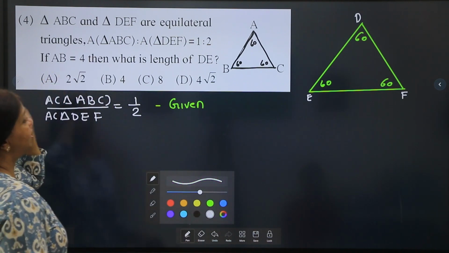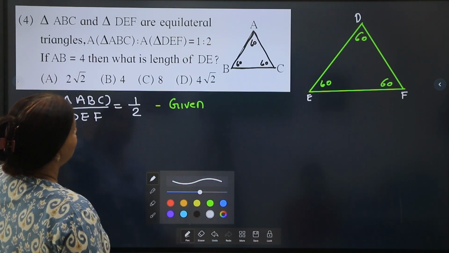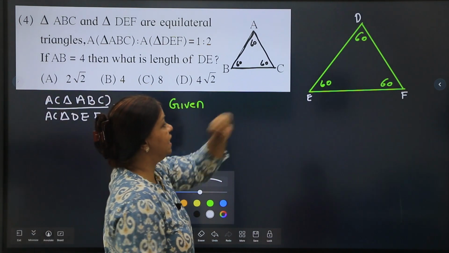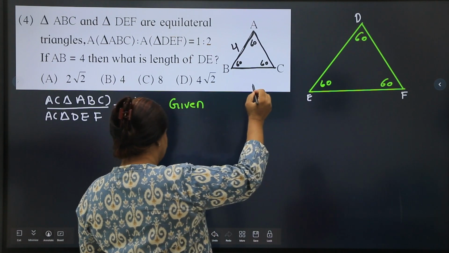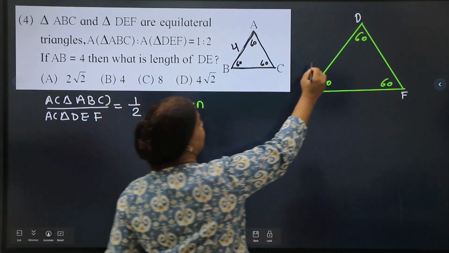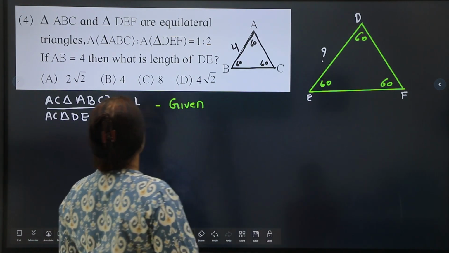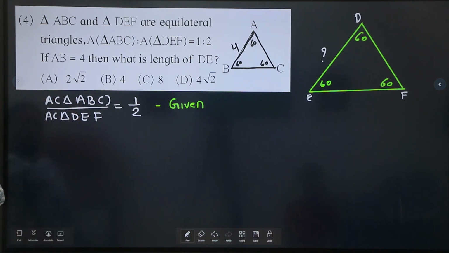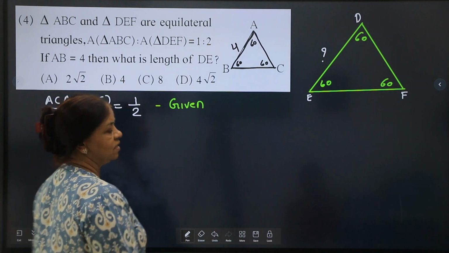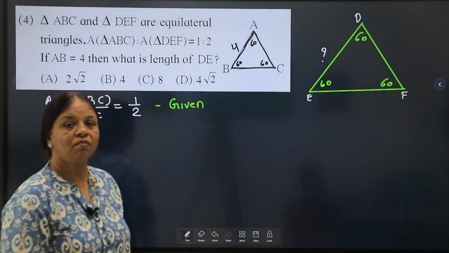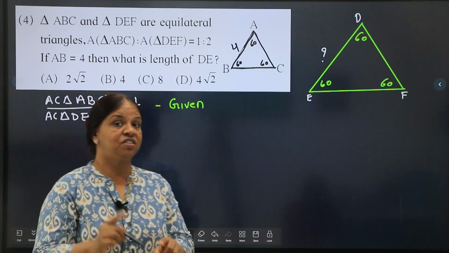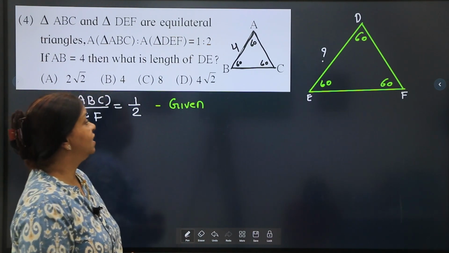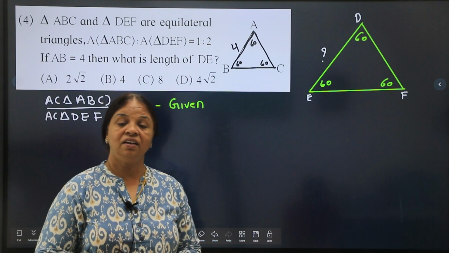Further, if AB is 4, then what is the length of DE? If AB is given 4, what will be the length of DE? They are asking. The corresponding areas are given and both triangles are similar. So if the two triangles are similar, remember children, if the two triangles are similar and